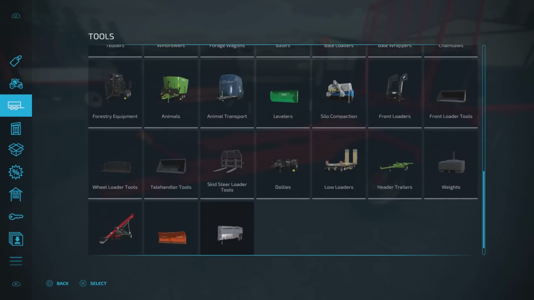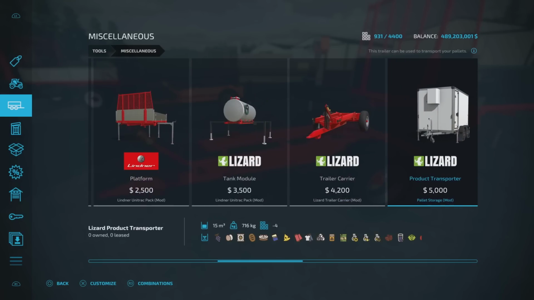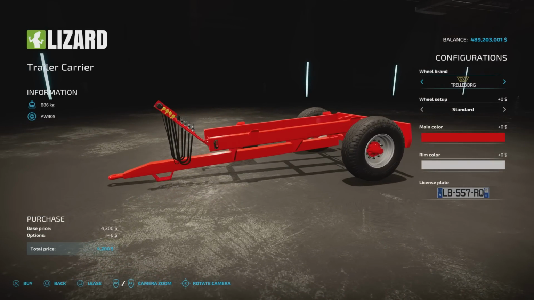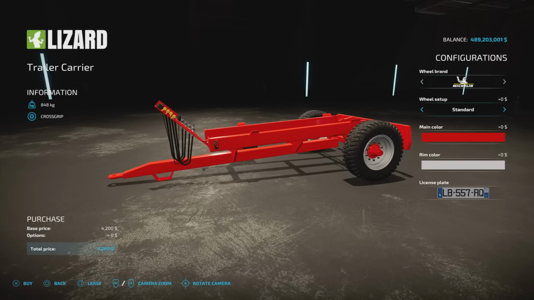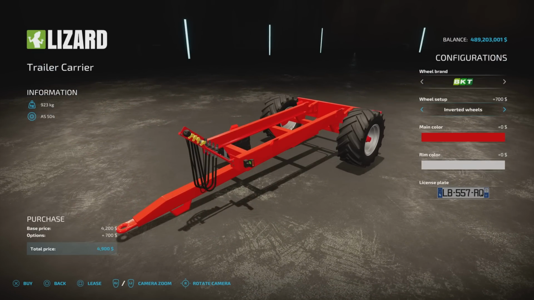You'll find it under miscellaneous. If we scroll across to that one there, 4,200, that's all. We can have Trelleborg, Michelin, Nokian, BKT, back to Trelleborg. On Trelleborg, we've got standard wides. Under Michelin, standard rear twins, back to standard. Nokian, just those. And then BKT, inverted, wide, back in. Which one was it? I thought there was one that had...